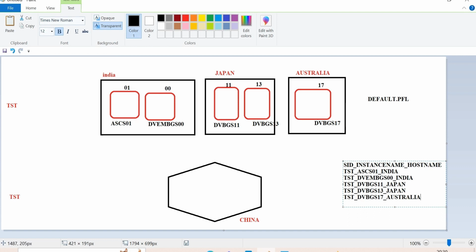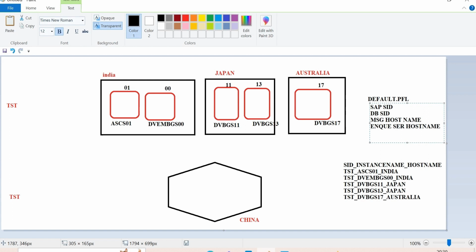In the default profile, what am I having? The common information: SAP SID, database SID, message server host name, enqueue server host name, which is India.